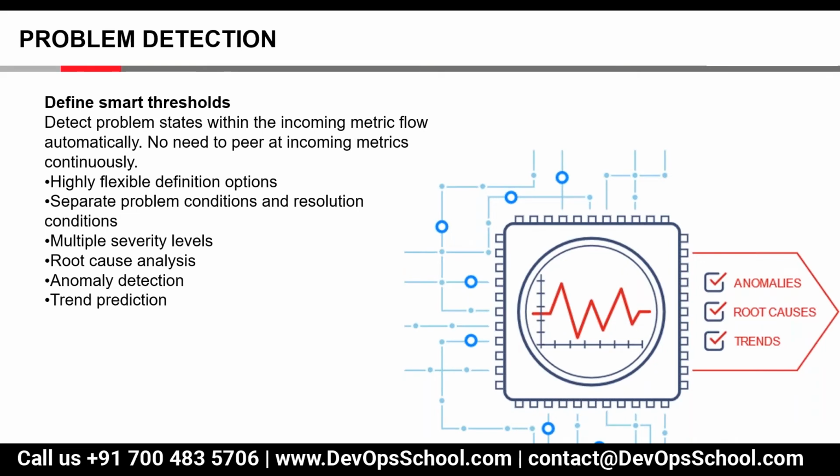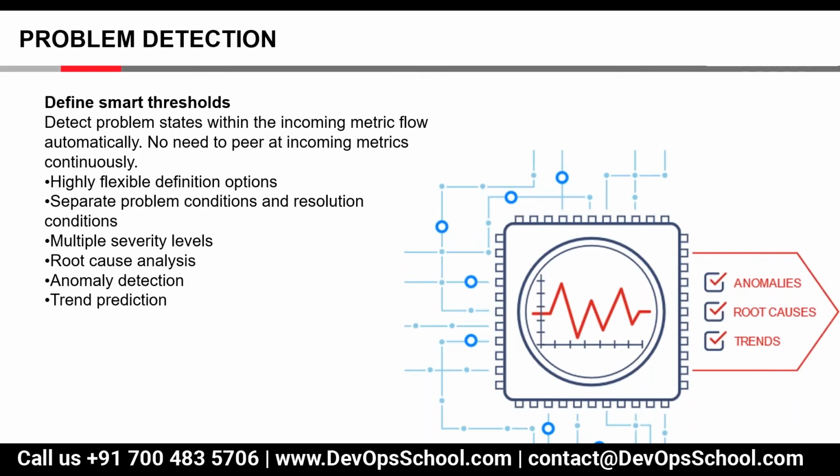Then we have problem detection. We can add multiple thresholds. As you are aware, we have 6 different thresholds: information, warning, high, then we have disaster, like that. For a single value, like a single CPU utilization alert, we can add 6 severities, and for individual severities, we can notify the user accordingly.